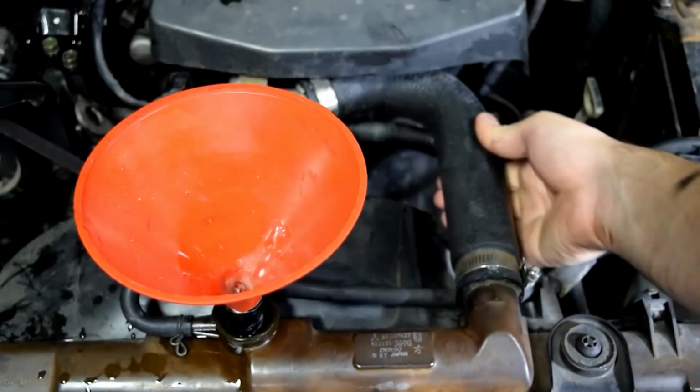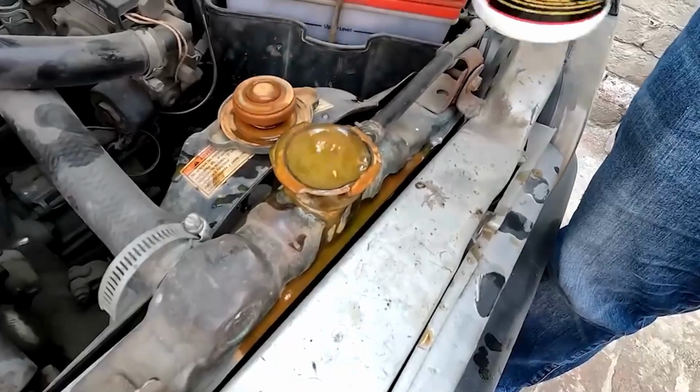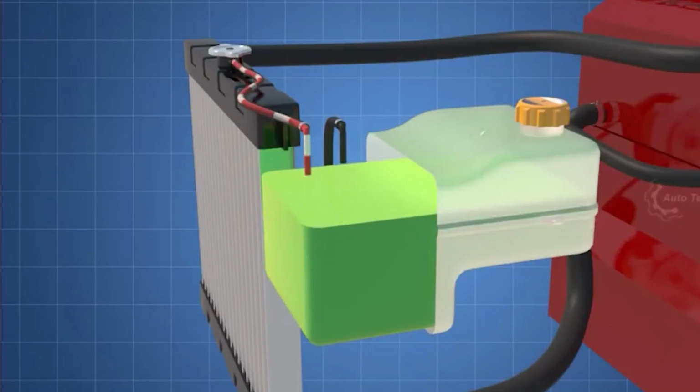However, it's essential to keep in mind that the smell can vary depending on the brand or type of coolant used, so it's not always a reliable indicator of a problem. Overall, being familiar with the appearance and smell of your coolant can help you detect any issues with your car's